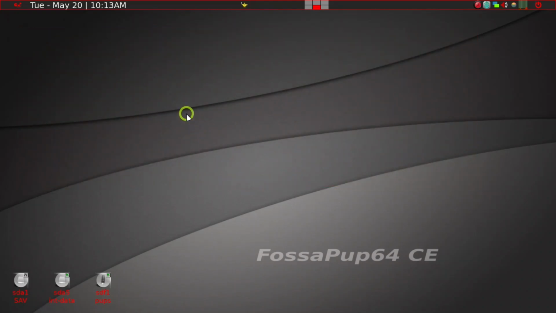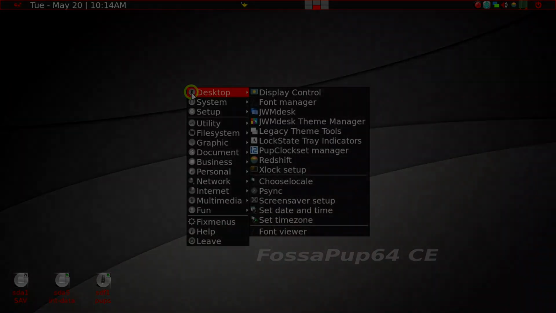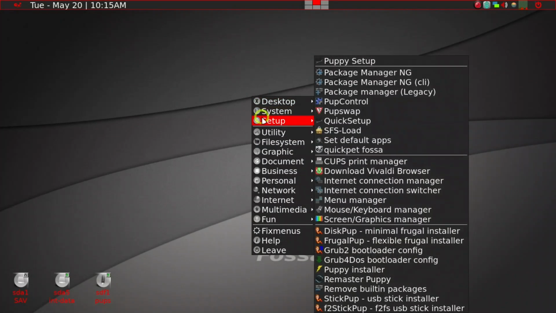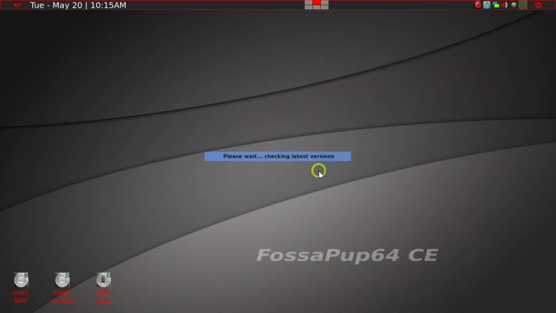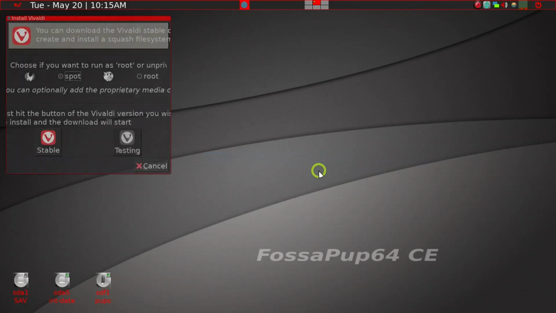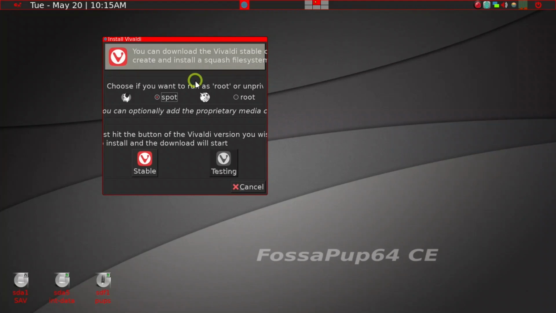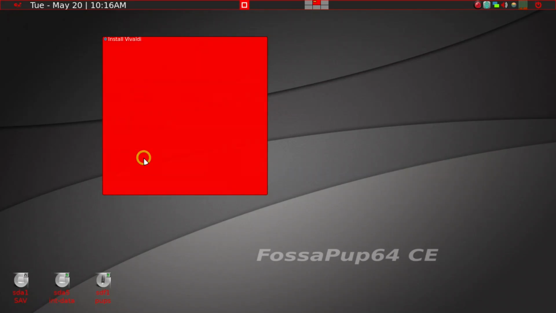Then we're going to trigger the menu F12 key, and then go to Setup, and then go down to Download Vivaldi Browser, and enter, waiting for checking the latest versions, and then you get this window. It says if you want to run as spot or root, you want to run it as root. And also we prefer the stable Vivaldi rather than the one that's testing, so we want to go ahead and